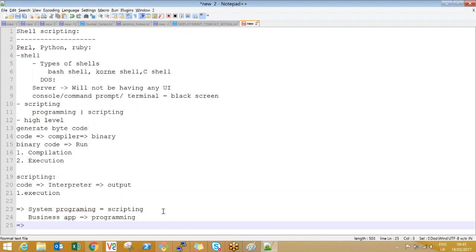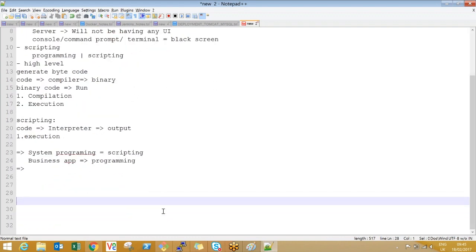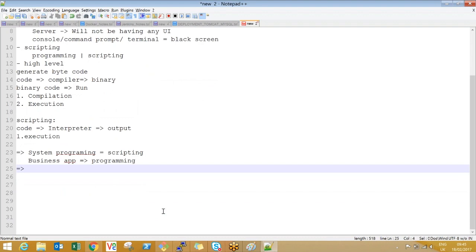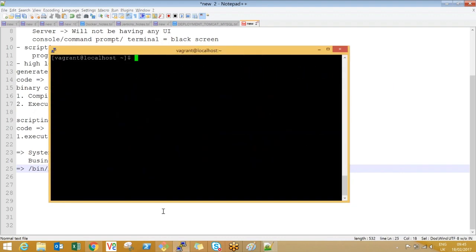So let's see about shell scripting. Now we have seen the differences between programming and interpreting, right? So let's see the scripting part, okay? Especially when it comes to Linux, the shell interpreter, okay, is stored here. This is the location. /bin/sh is the location where it has a shell interpreter, okay? This shell interpreter will take input of your file, okay, and it gives you the output. That's it. So if you want, you can cross check whether it is here or not, okay? /bin/sh.